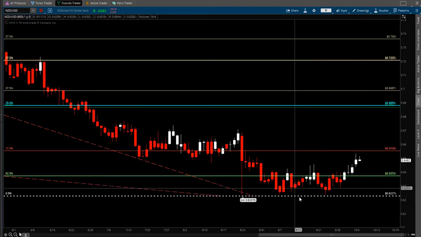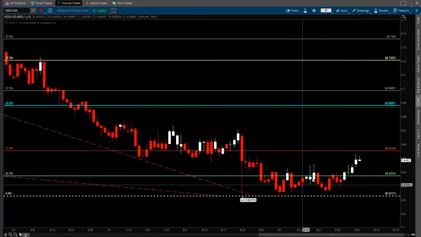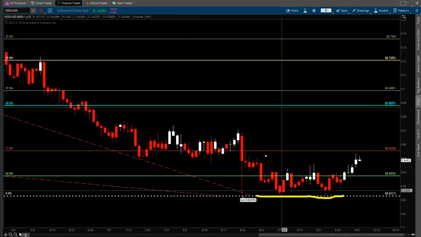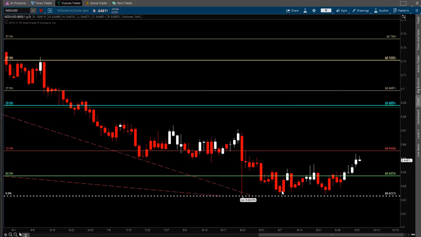But I haven't finished doing my analysis yet, but a lot of it is showing a possibility that this area right here could be a low. We'll see. It could probably pierce it, but like I said, it's interesting. A lot of numbers are piling up in this zone right here. So I'm just kind of guessing right now. I'm looking for a pullback, maybe to here, and maybe shoot back up,